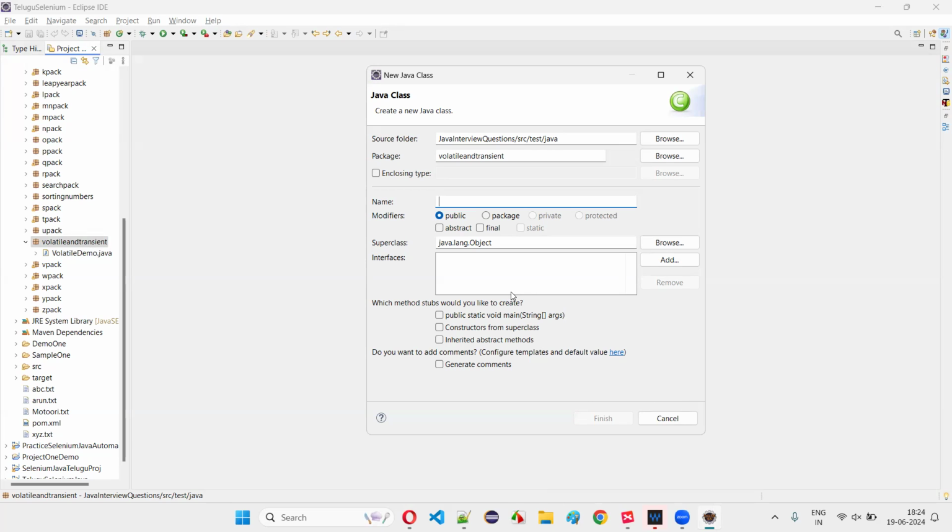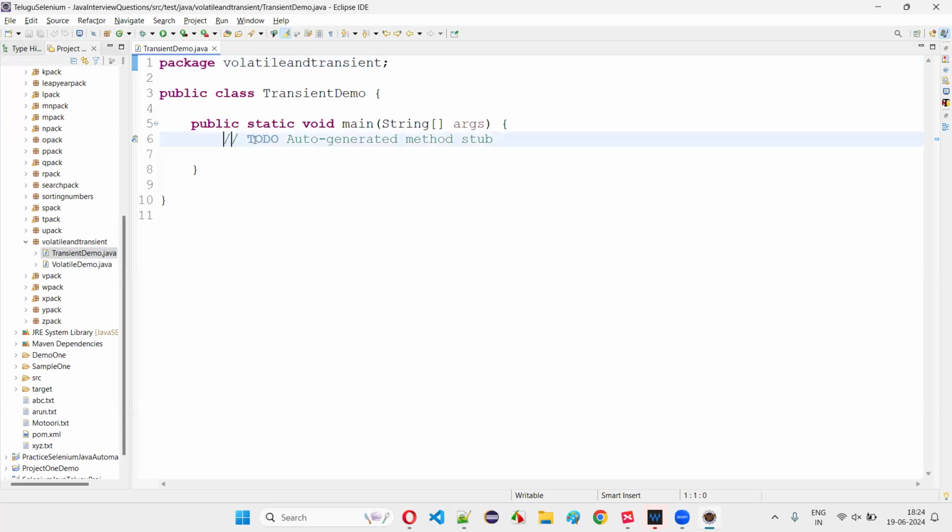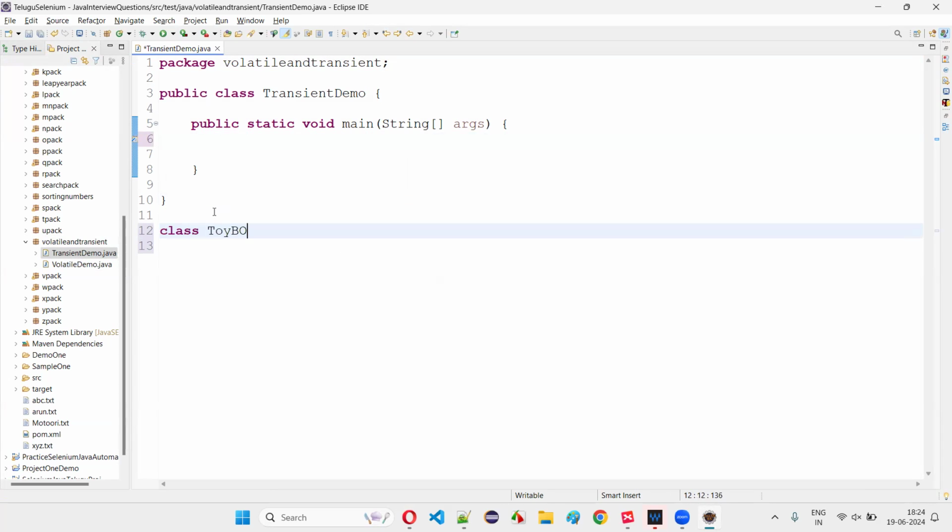Okay, this much knowledge this guy has, you will definitely come to know if this kind of question comes. Transient, right? Transient demo. That can be this, or transient also is a keyword in Java that can be specified before the variable. So I'll create one more class here known as class ToyBox implements